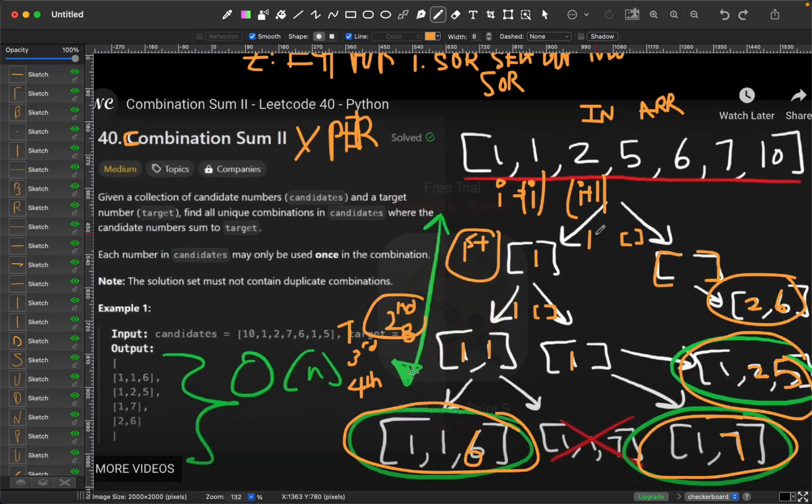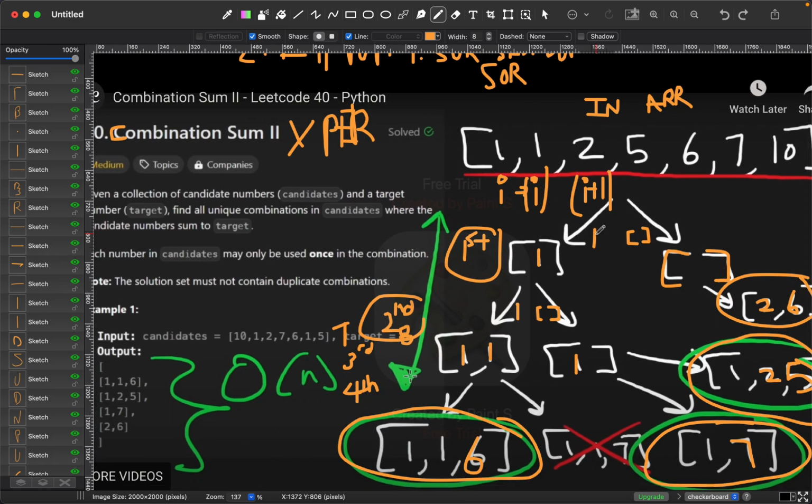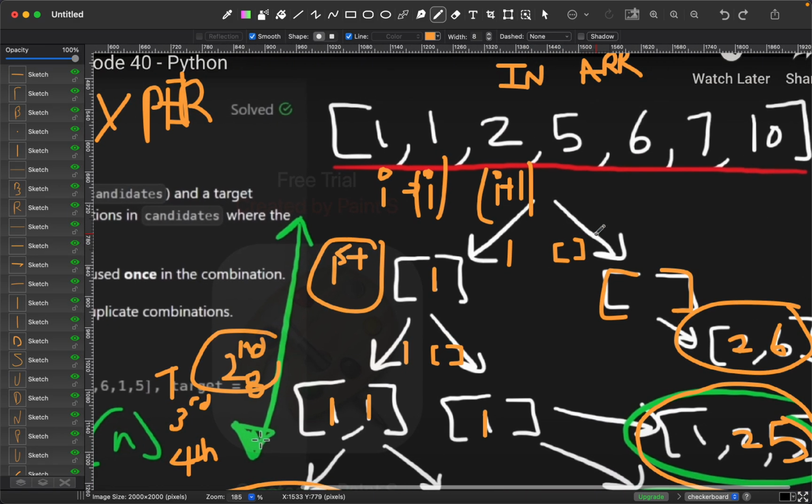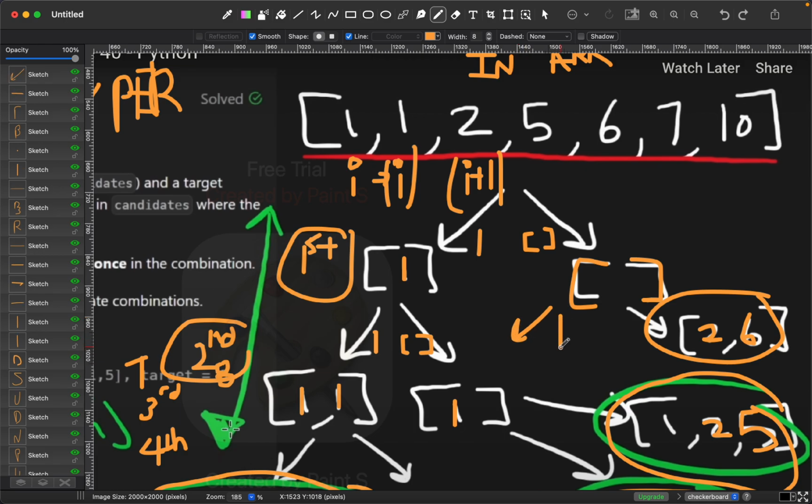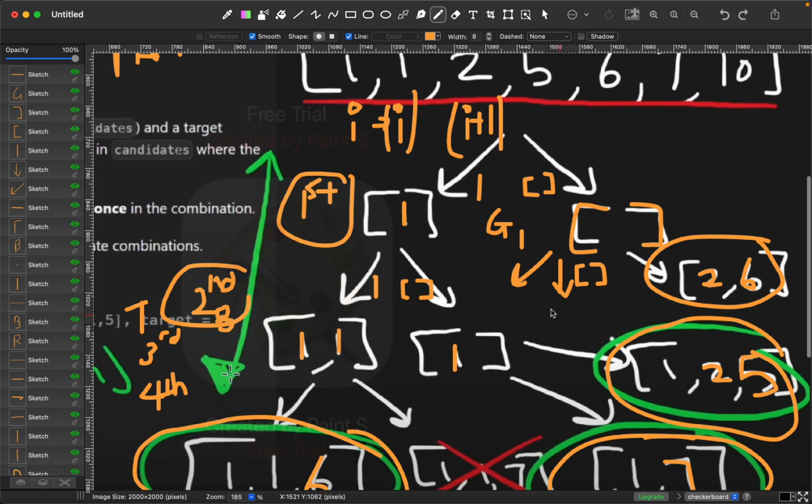So if it's a brute force item that equals 1 and an empty, it will keep on creating another one. From here it's going to create another one with a 1, and what you find is that in this operation G you're going to find yourself with another set of duplicates,